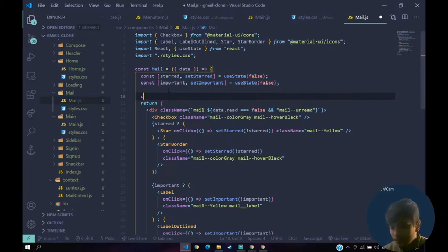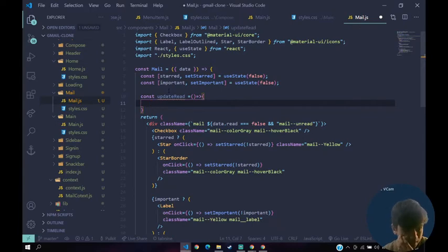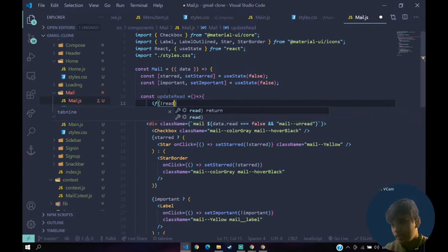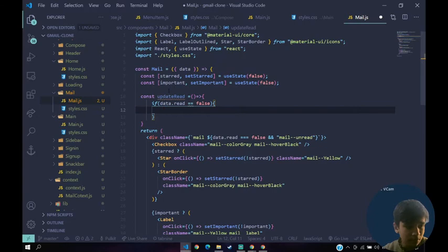We'll name it const update read equals an arrow function, and then here we say if read doesn't exist, update read. No, what I'm saying is, if data dot read is triple equals to false, then what we want to do is...